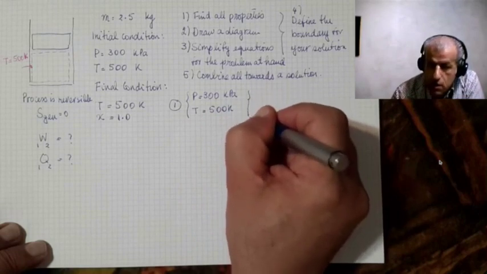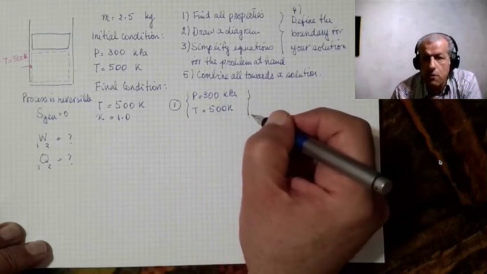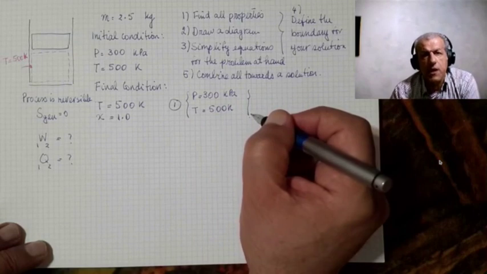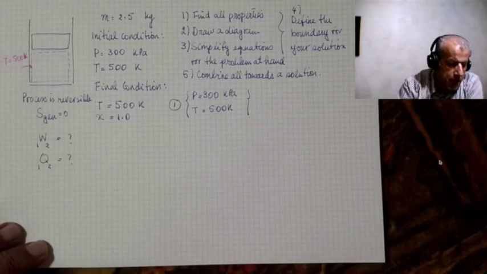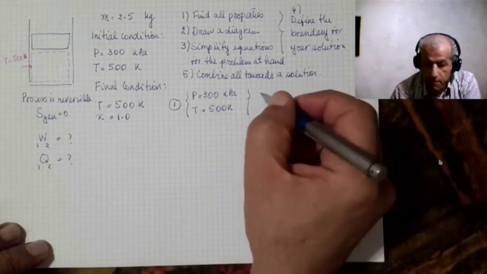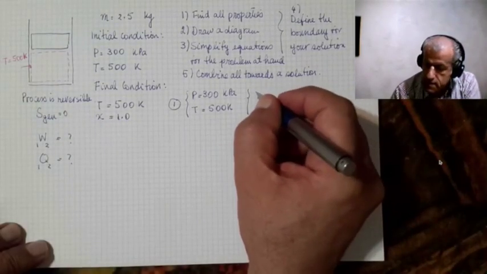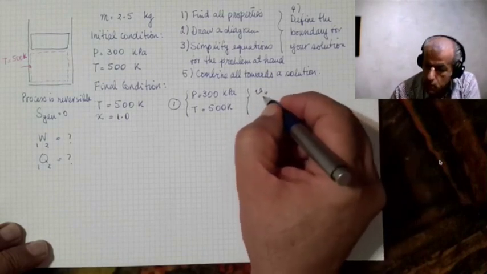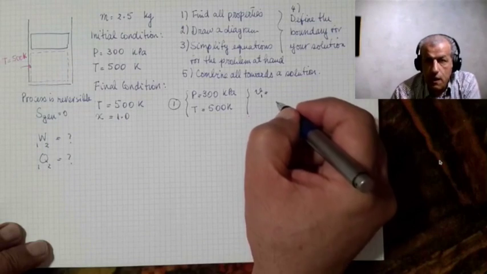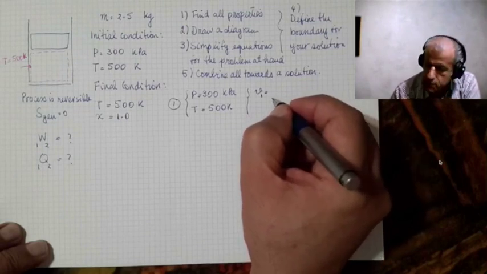What we do is go to the tables or to our application and try to read the properties. What I have read from my application is that V, a specific volume, V1, let's call it from here, is